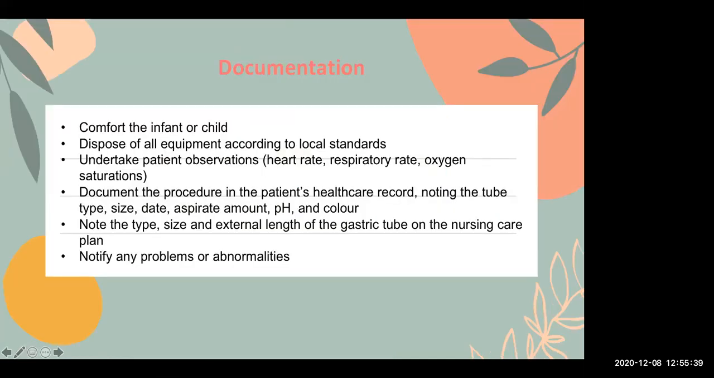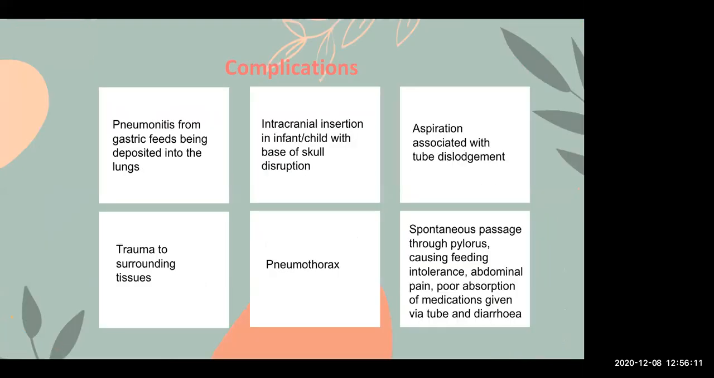After we are done with the procedure, we need to do documentation. First, comfort the infant or child, dispose of all the equipment, and check the heart rate, respiratory rate, and oxygen saturations. Also write down the type, size, date, pH and color, and size of the tube, and notify any problems or abnormality. For complications, complications can happen when there is tube misplacement,